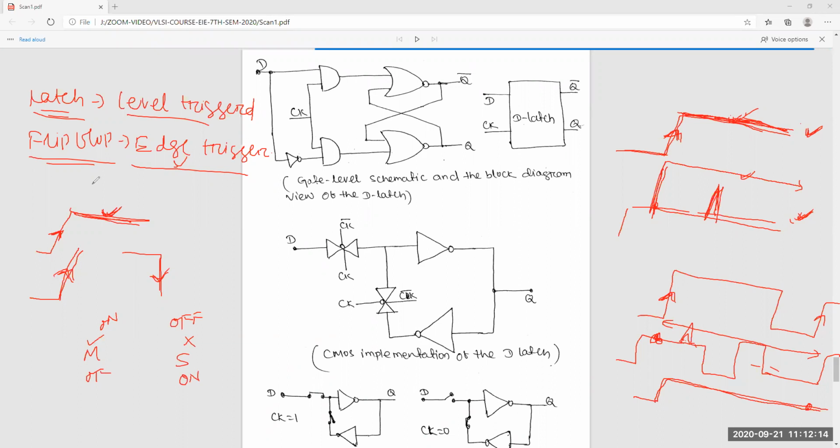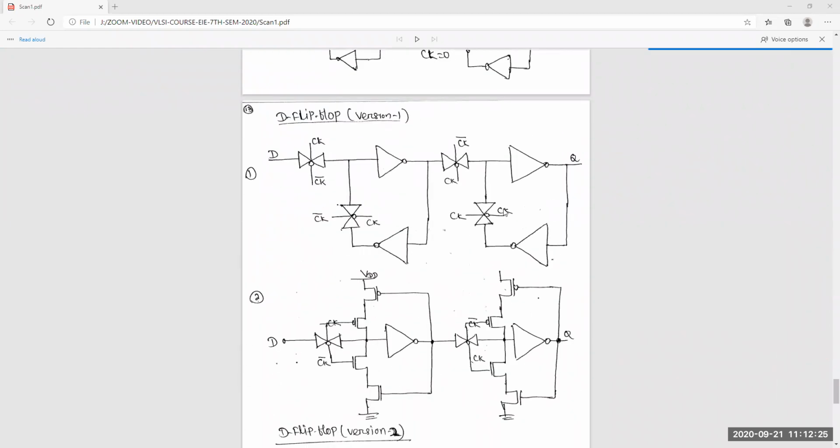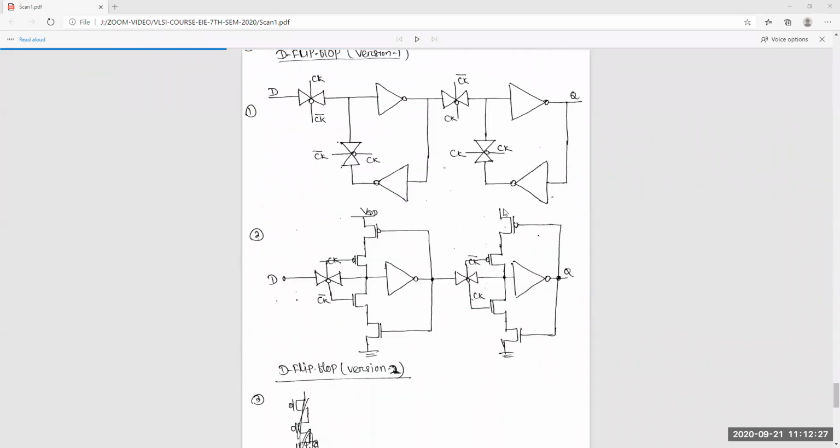So this individual latch is level triggered, but the flip-flop is edge triggered. Now this is the D flip-flop, the version 1 type. I'll discuss 3 versions, which are used interchangeably in different places. Another version I will show on the next page.